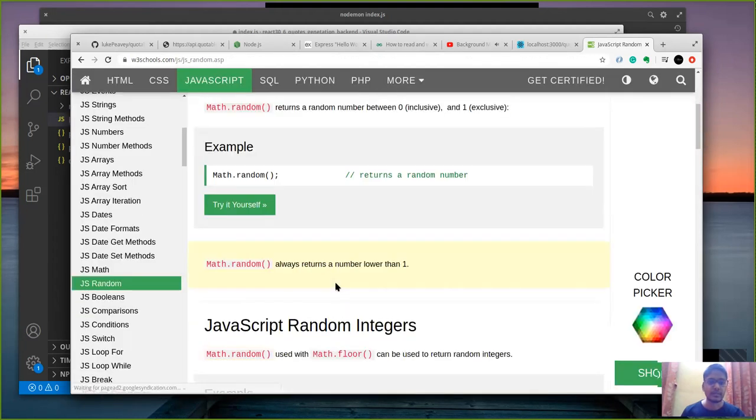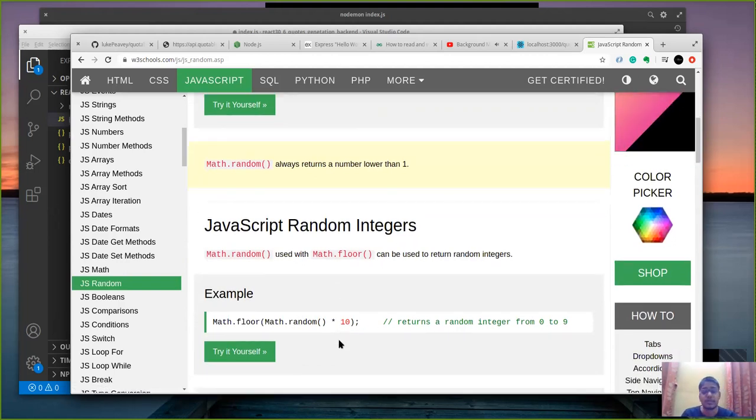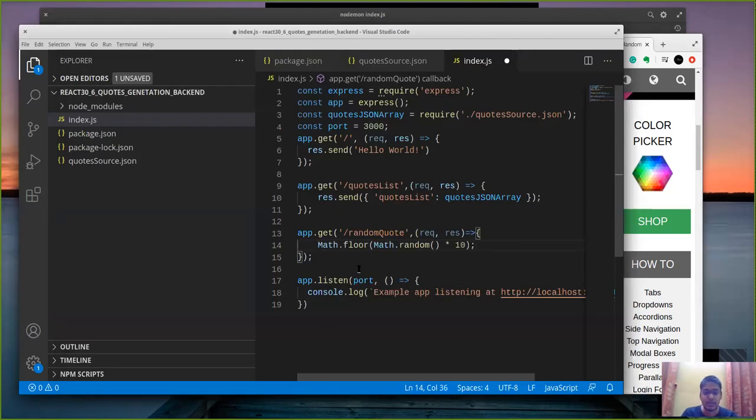So we will be using Math.random. As you can see, W3Schools is a good resource to get code snippets or learn things. Now, I usually don't try to memorize all the syntax and just look it up, because remembering any kind of syntax is not a useful or essential thing. As a programmer, as long as I know what logic needs to be built, that's enough.